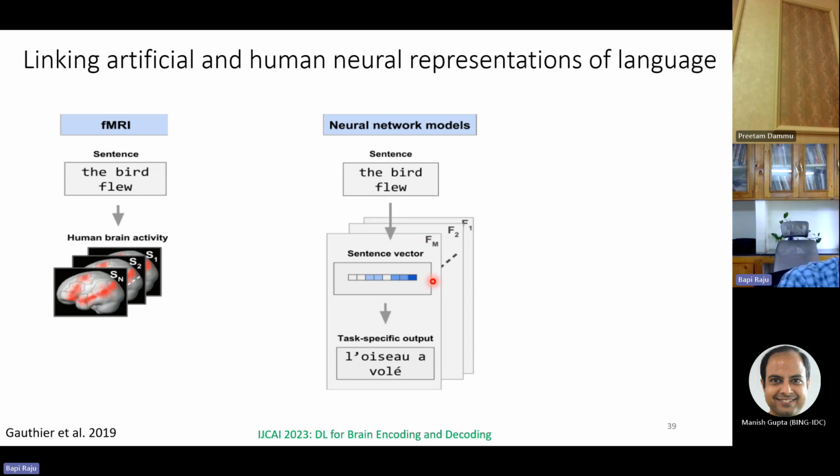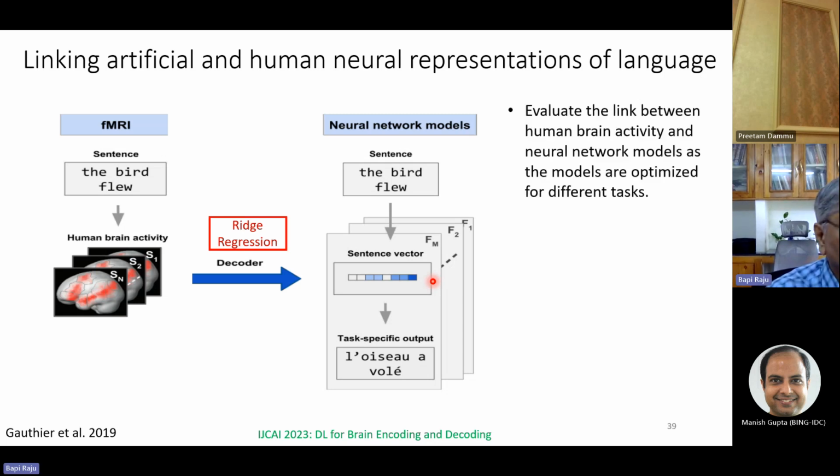In this case, what Gauthier and colleagues have done is to extract task-based representations. Instead of using only the sentence vectors, their idea was to evaluate the link between human brain activity and the representation of the neural network model, and